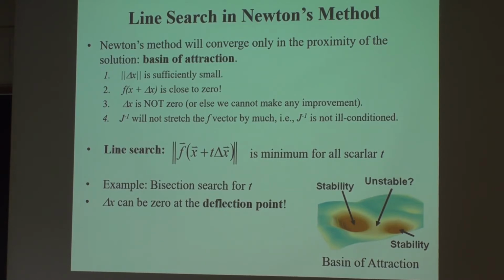So new x is x over t times x. Why is t a function? T is not a function, T is an array of 10, 1, and 0.1. Oh, I see. Okay. Then it is finding out the f, then it is taking the norm of the f and finding the minimum norm, and then that new norm, whichever comes, is the x norm for X new. The X new line search: of all the three x's, which one was giving the minimum.